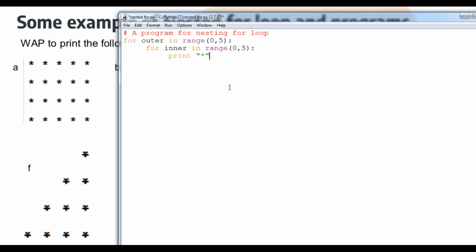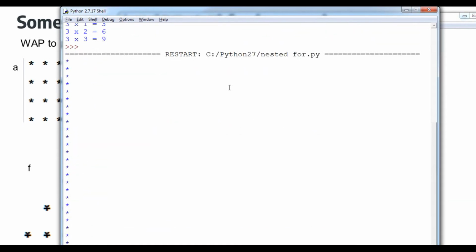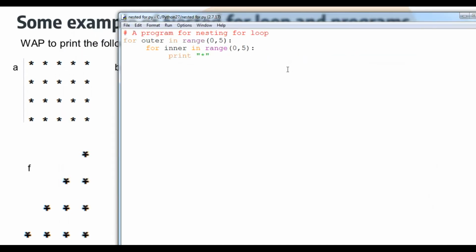Star means asterisk. If I just run this program, now you can see a line will print, because according to this there is no break. So here I am going to print continuously by using this. If it is a Python 3 plus version, I have to use it like this: print star, and then end equals to like this. So this is the way when we are using Python 3.7, but I am teaching here according to Python 2.7.